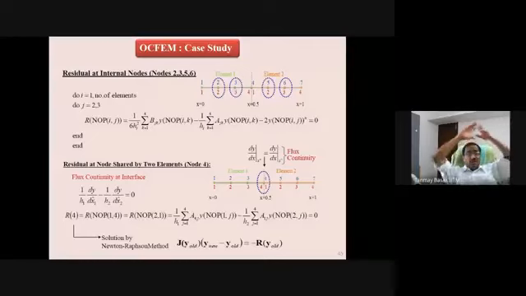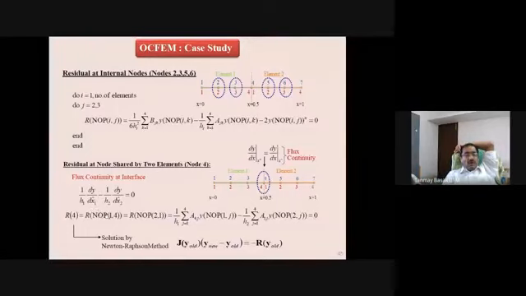So flux continuity at the interface is (1/h1) dy/dx1 hat equals (1/h2) dy/dx2 hat, that's equal to 0. That's a residual, and you have to take the A matrix very carefully here, because for the first element and the second element, when you talk about this point, this is the fourth row of the A matrix, and this is the first row of the A matrix.